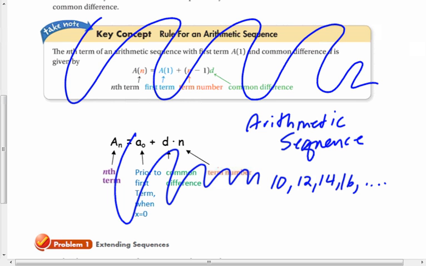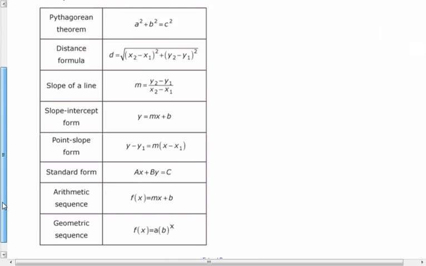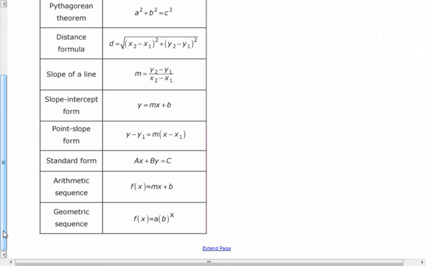Notice that if I subtract any number by the previous number, I always get 2. That's what has to happen in order for it to be an arithmetic sequence. On your formula sheet for 8th grade math, for an arithmetic sequence, it gives you this formula written as a function rule. We're going to use that, and you might notice that it's the same as slope-intercept form, which it is. But for the sequence that I just showed you, this one,